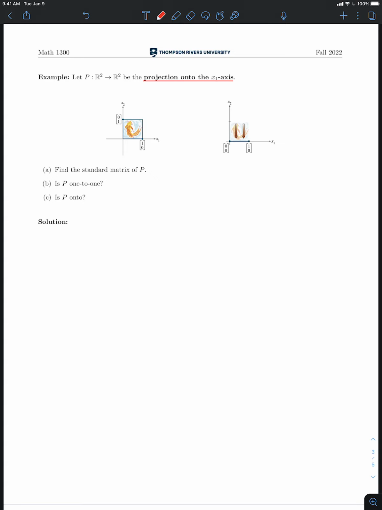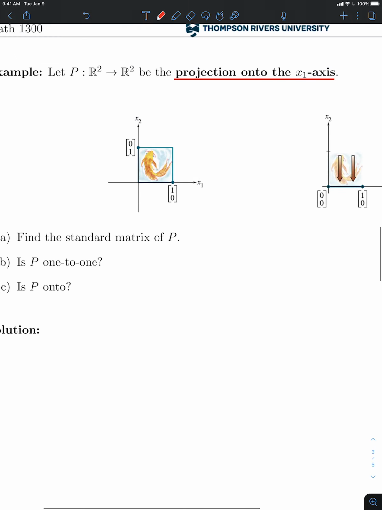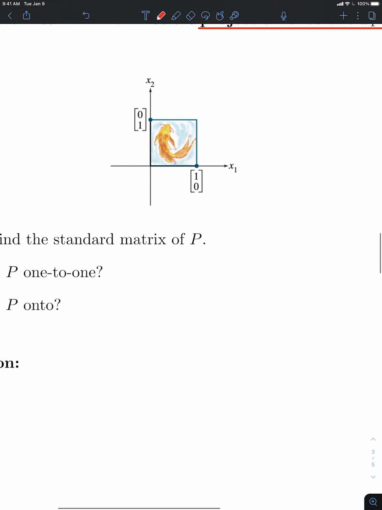This image that you see here is straight out of the textbook, and let's zoom in a bit and break things down. There are two vectors drawn on here. The first one is the standard basis vector E1, and the second one up here is the standard basis vector E2. Rather than labeling them as E1 and E2, they're labeled as the actual column vectors. And if I were to draw them as position vectors, like arrows going from the origin,